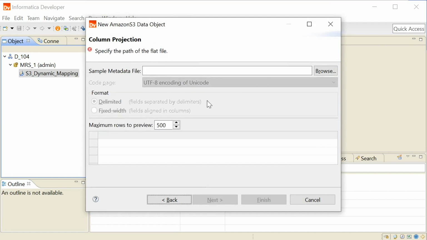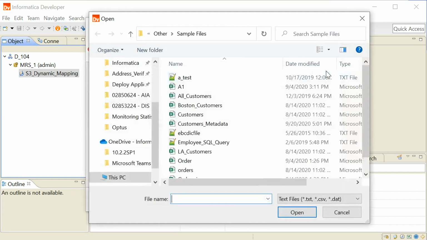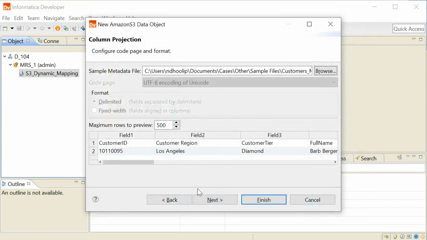Since we've selected the resource format as flat, we have to give the sample metadata file.